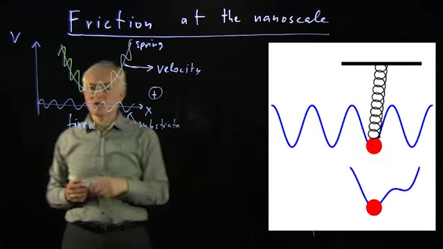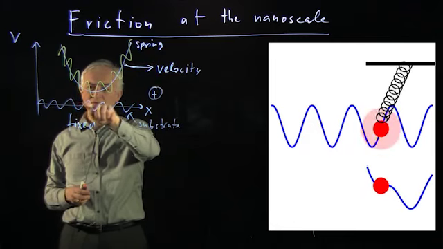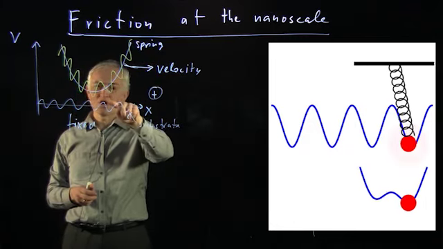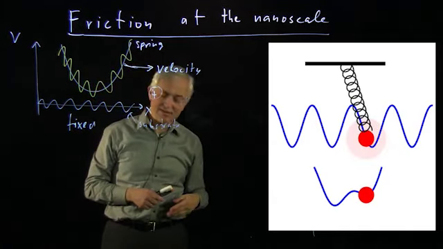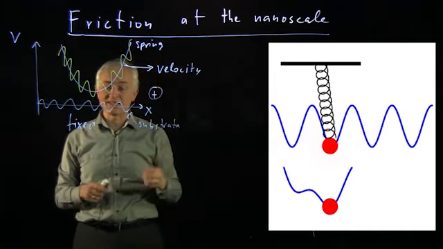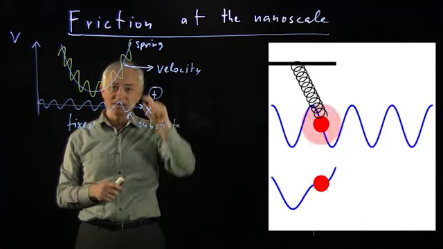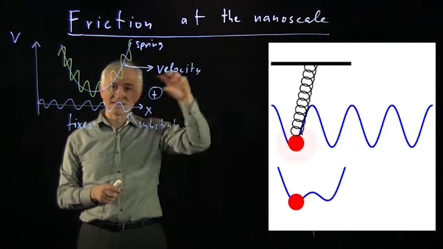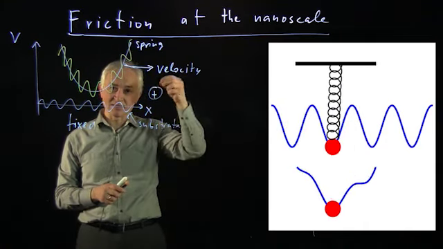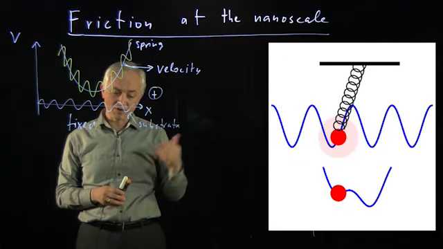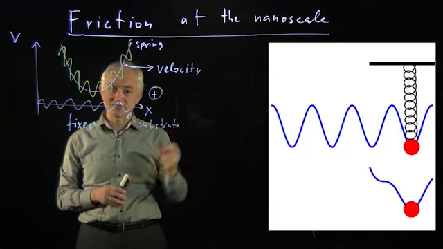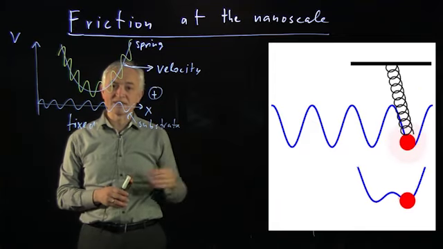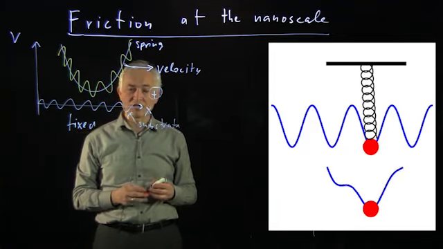So basically in this model we can understand friction as the external force pulling the object over successive maxima. So that's nice. In this model we can understand why there's heat generated. There's always heat generated when the atom loses this extra energy because it is stuck for a while in a minimum of the potential, which is not the absolute minimum of the potential, and then the moment it's released, it releases kinetic energy that is converted into heat.